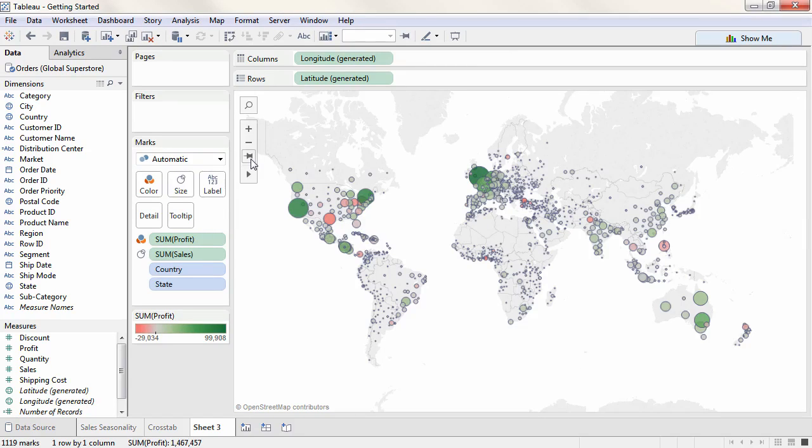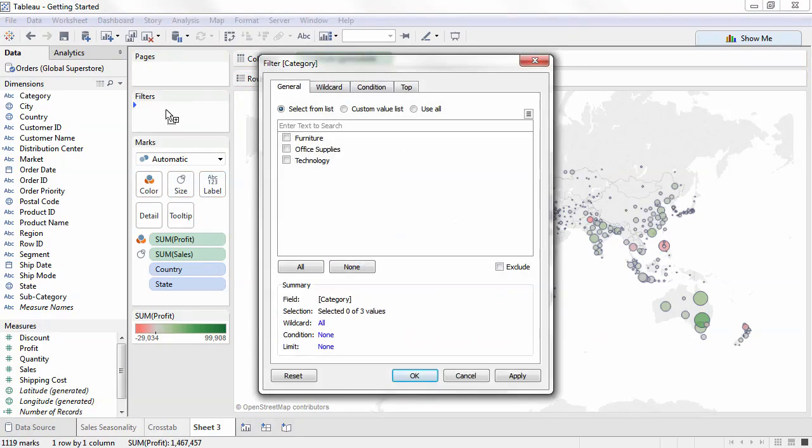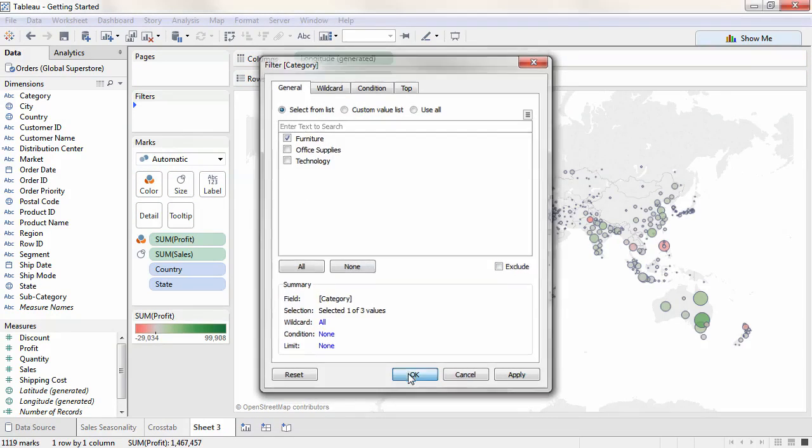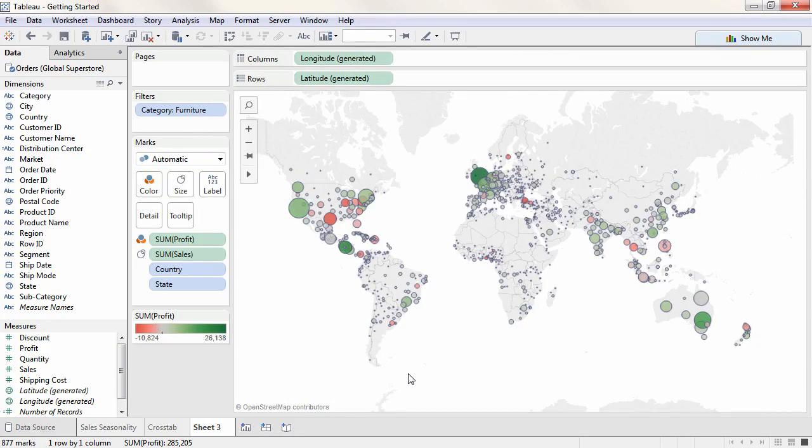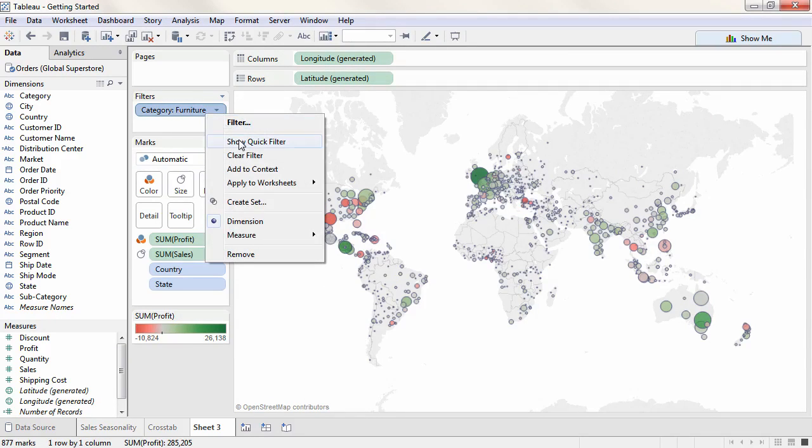Earlier, we found that furniture had poor profits. To investigate this further, let's drag Category to the Filter shelf. We'll choose Furniture. To give the end user the option to choose their own categories, we'll right-click on this pill and select Show